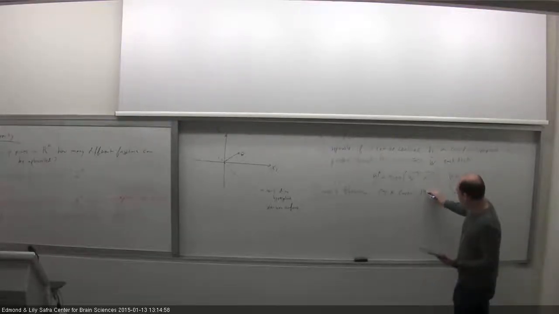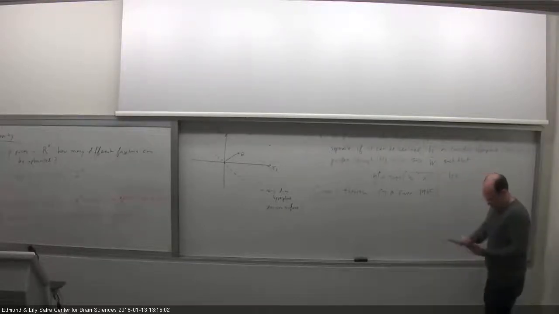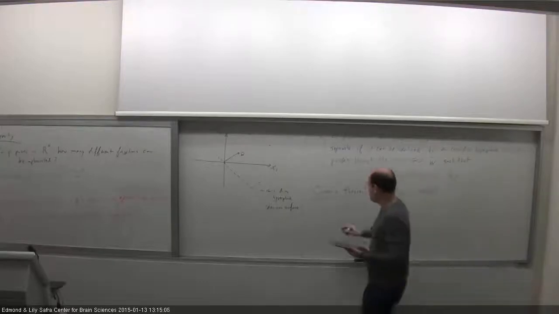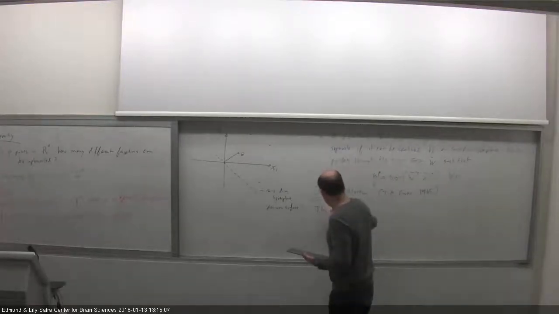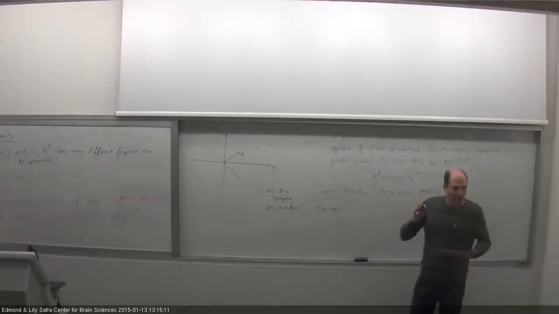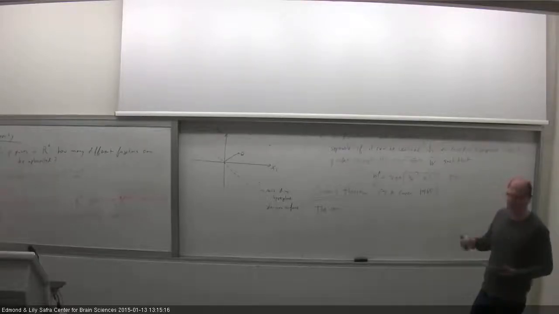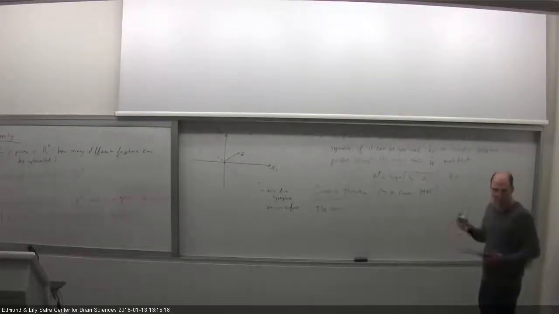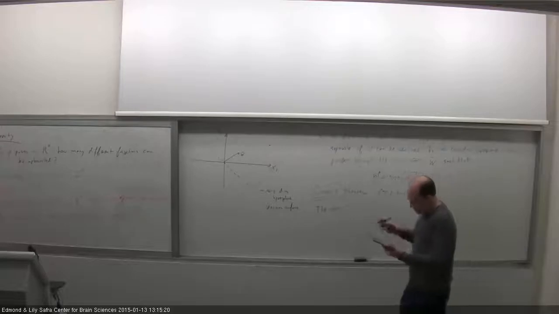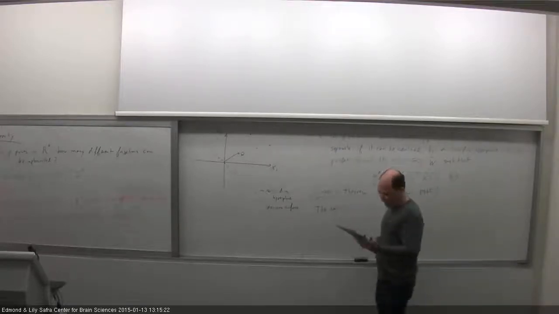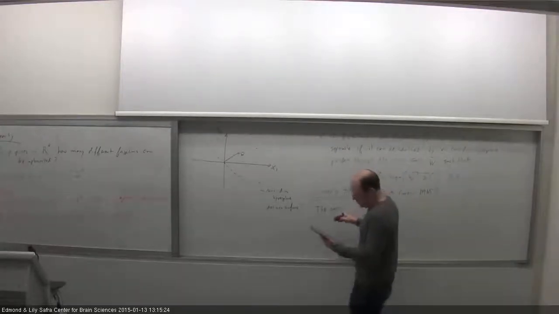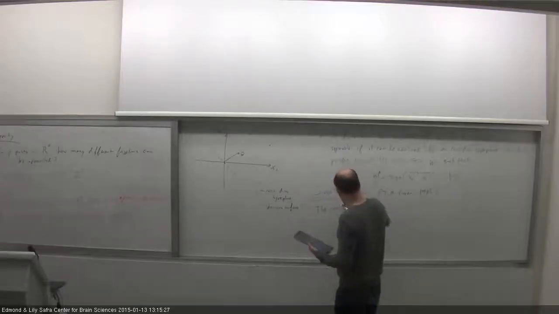And this is from 1965. So Cover obtained an exact answer. What is the number of linearly separable dichotomies in n dimensions on a set of points which lie in a general position? So we write it down,